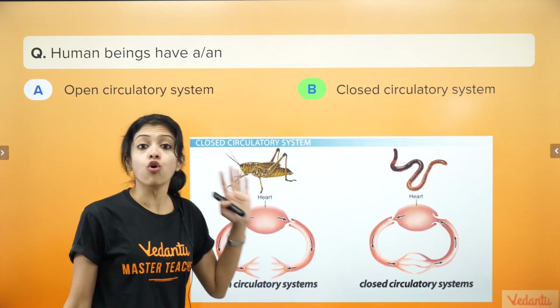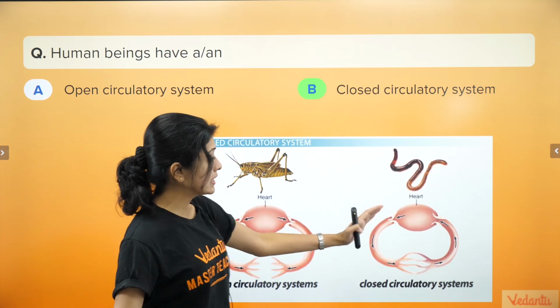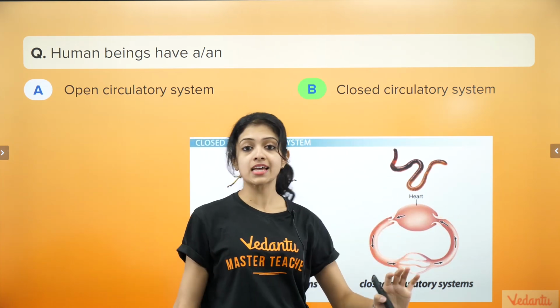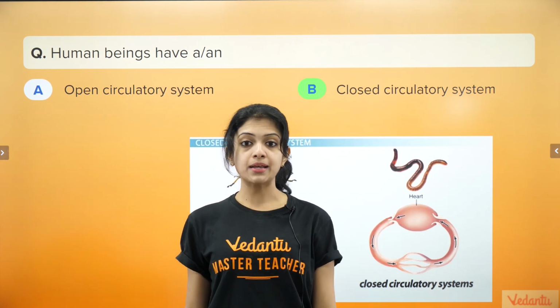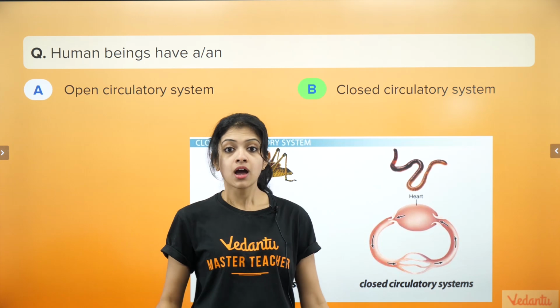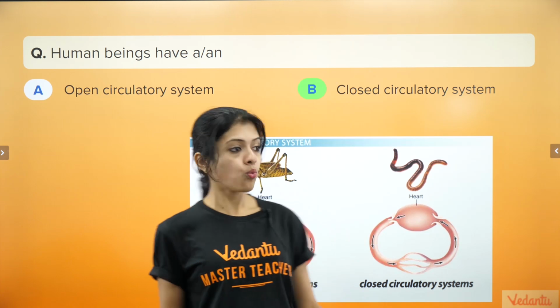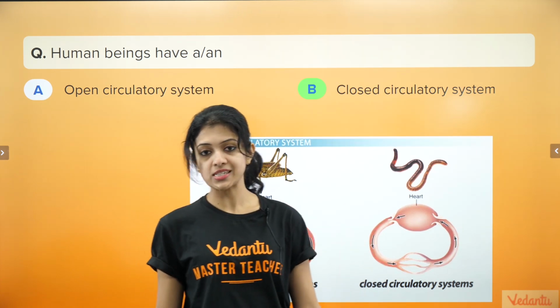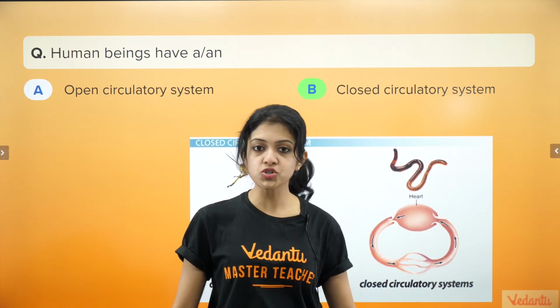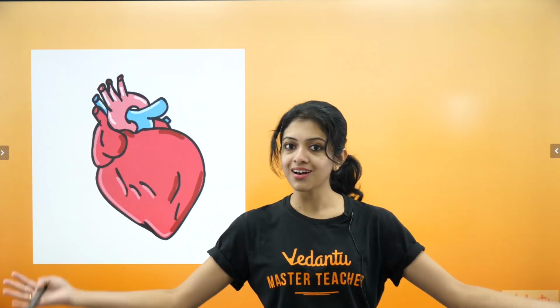We will look at more details of all of these very soon, but the example that I have shown here for open circulatory system is cockroach or arthropods in general. And here, the example that I have shown is that of earthworm. Earthworm, although it's an invertebrate, belongs to the phylum Annelida, and Annelida is perhaps one of those exceptions in the invertebrate group with a closed circulatory system. Human beings also have a closed circulatory system, and so do most higher animals. Okay, so let us get going and start talking about the heart.